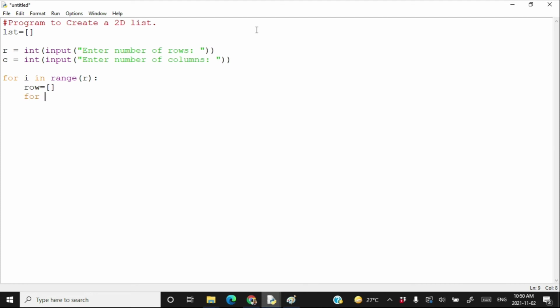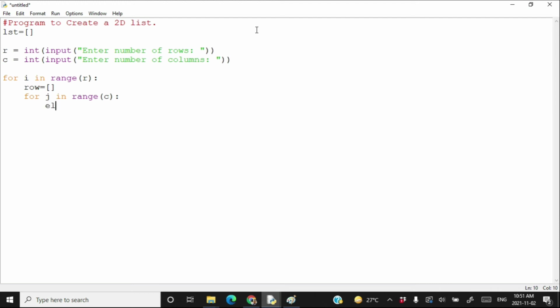So for i in range R, row is equal to empty list. Further, for j in range C, you have to take the particular element of the 1-dimensional row as input. So for every value of C, you add one element to the 1-dimensional row.